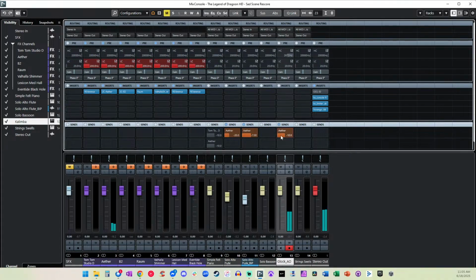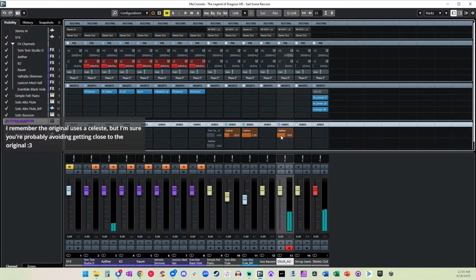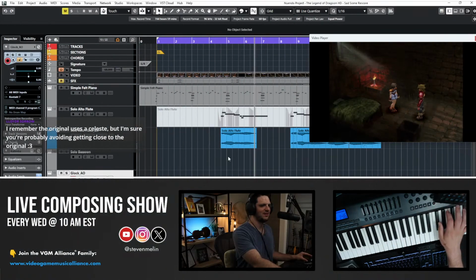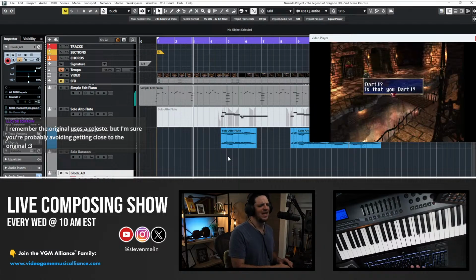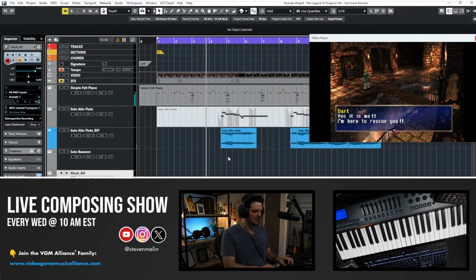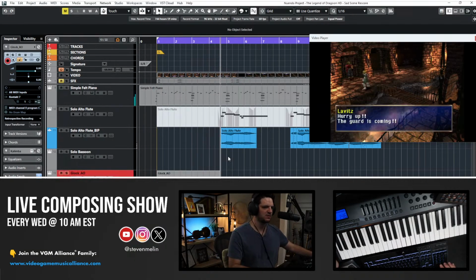Gotta douse it. Yeah, I don't want to necessarily copy anything from the original. I just wanted to do what I felt in my head. In my heart, I do what's in my heart. All right. But I feel like right here, doubling the melody would be nice.